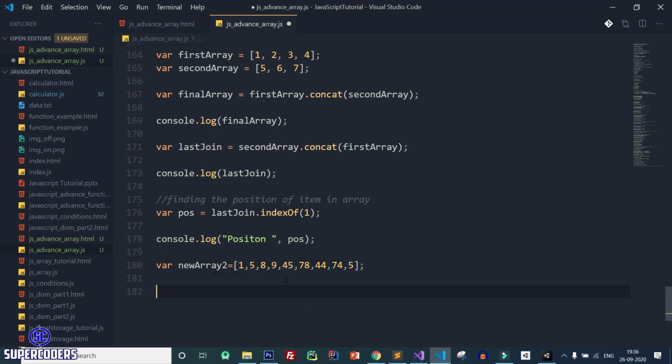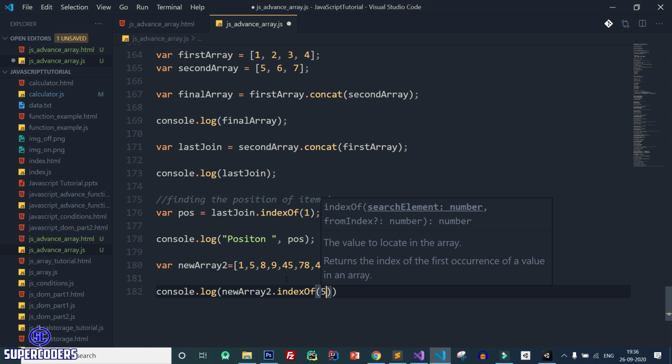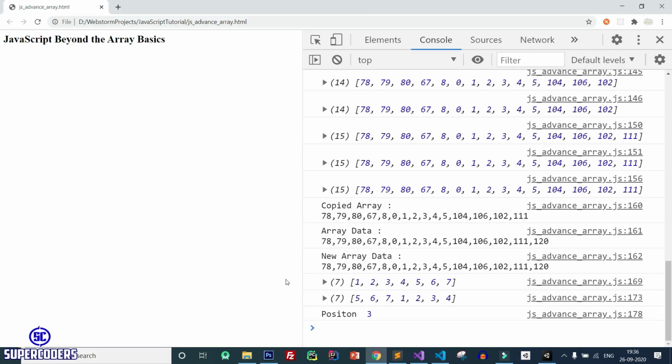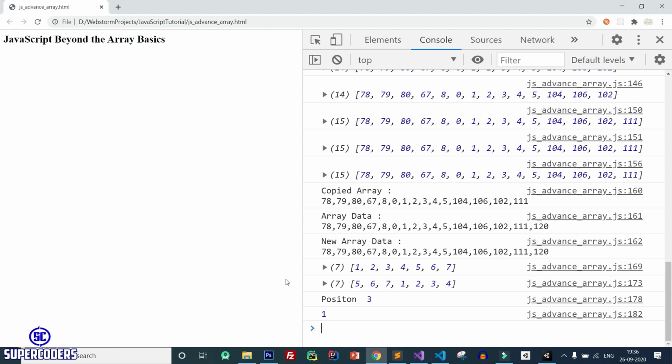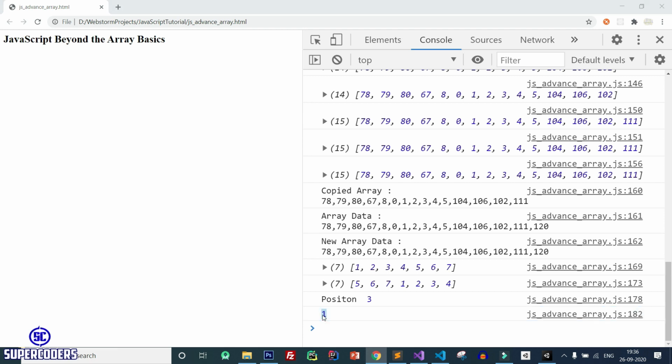So let's see what happens if I access the position of 5. So console.log new array 2 dot index of 5. So let's see what it prints. Save it, back to Chrome, refresh page, and here if you see it accesses the first position, not this item, 0, 1, and if you see it prints the 1.